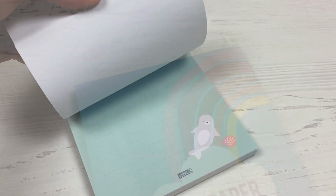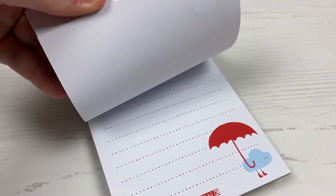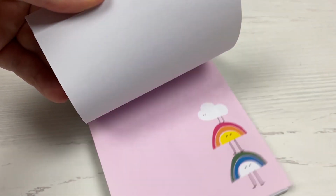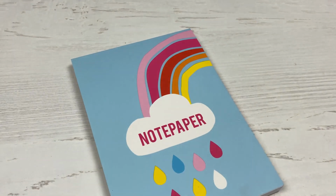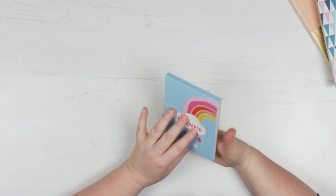I don't know if it's cute one, sorry. I don't know if it's the same one as the second one with the dots. It would be very close behind it. I think this came in like a gift box. I know I've got the gift box somewhere. I don't know what I've done with it, but I think it came in the gift box and it came